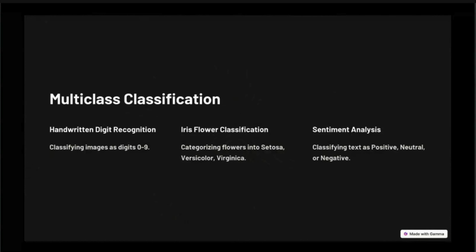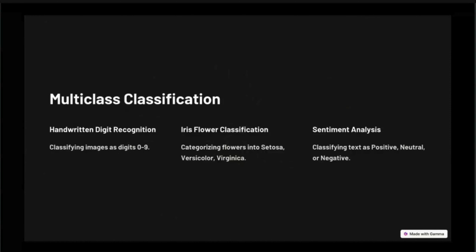What is meant by labels? Labels means true or false, yes or no; two possible labels or outcomes. Multi-class classification assigns each input to one of multiple possible categories.